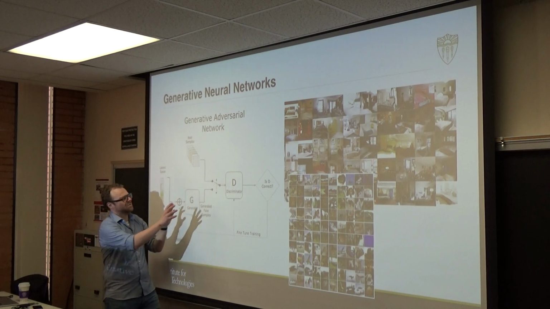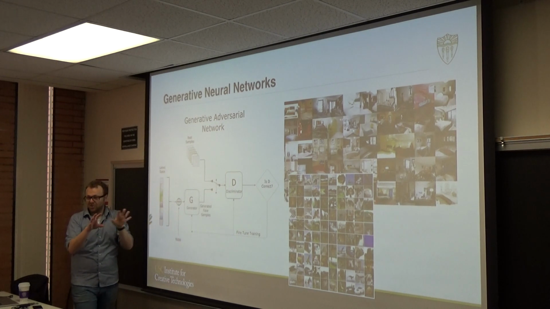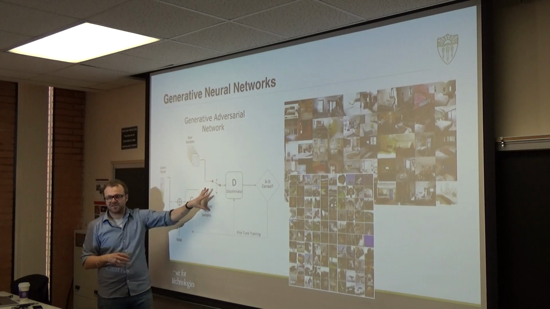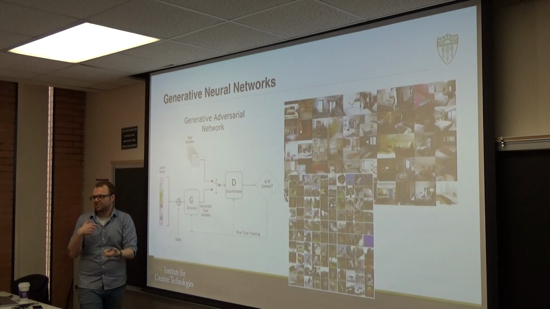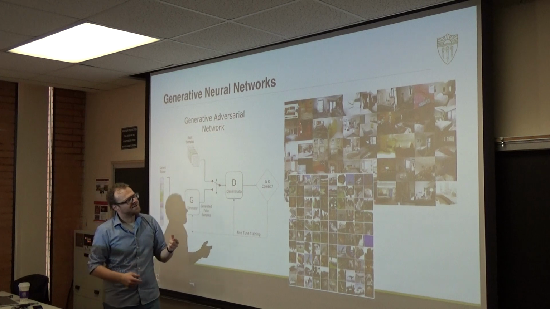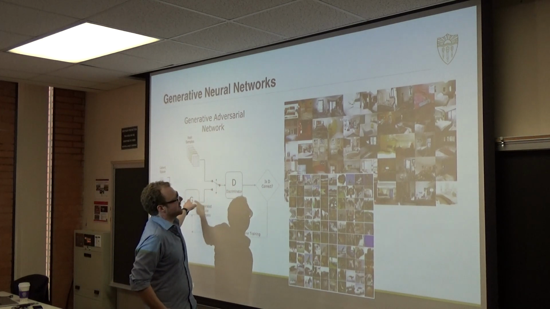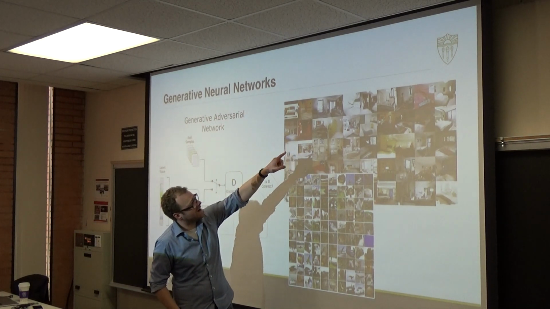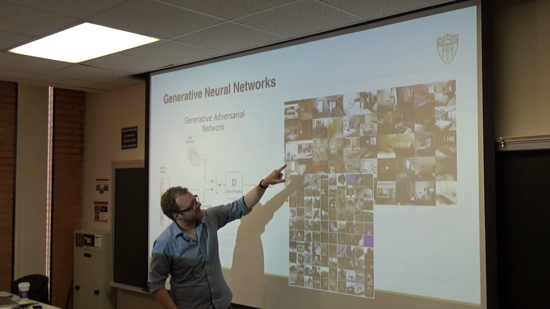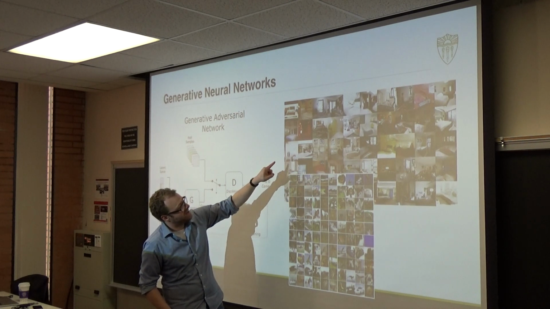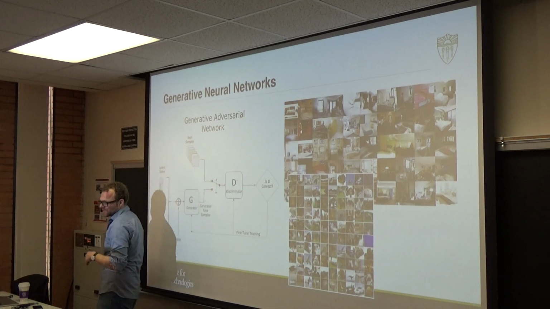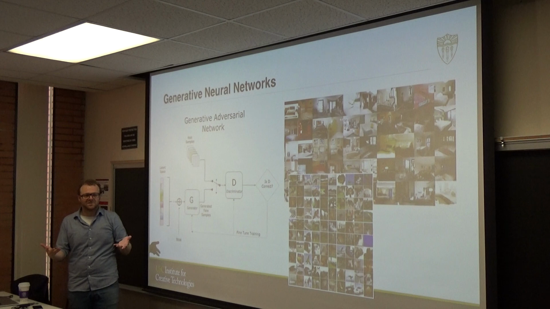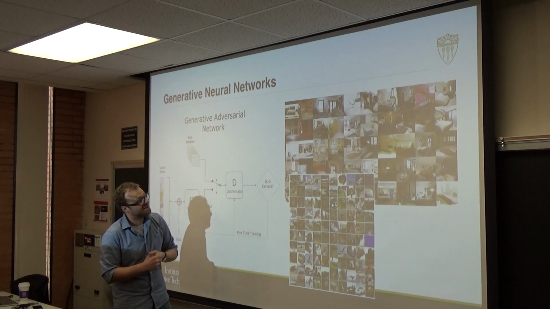And so these two networks look very similar even though they do completely different functions. This guy just generates fake images or fake samples, and this guy has to decide whether these are fake or real samples. The interesting part is that with these generators, it can now generate very intriguing pictures. So this is a network that is trained to generate pictures of bedrooms. And I think it's very, very cool what it does.